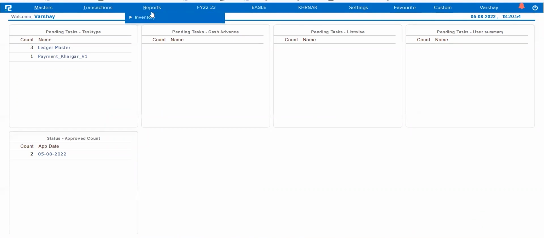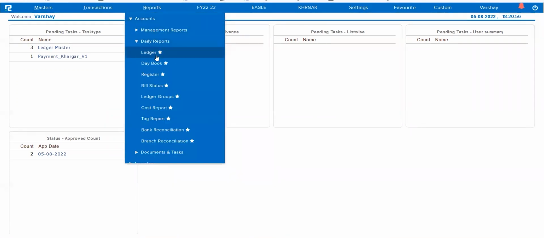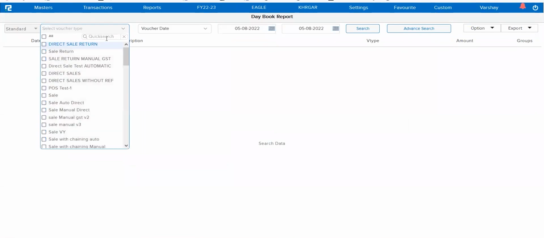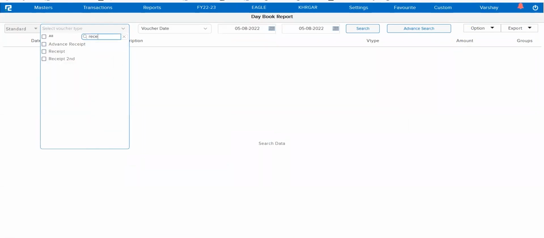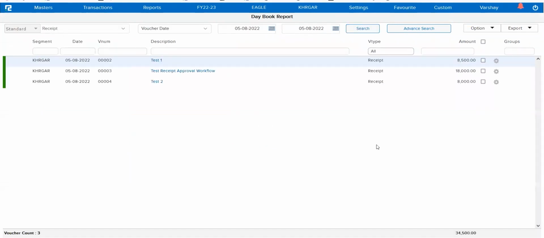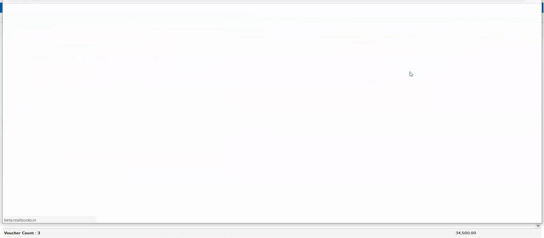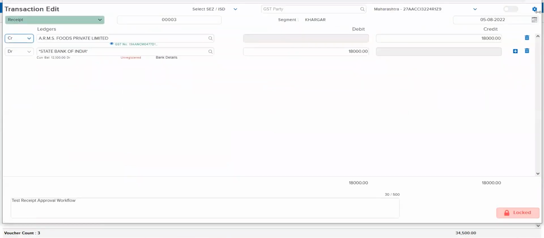So now if I go to reports, accounts, daybook, and select the receipt voucher type, I will be finding 3 entries. So 2 entries were updated in front of you, which were 18,000 and 8,000. And in my 18,000, because this was the entry which was approved by me, if I click over here,